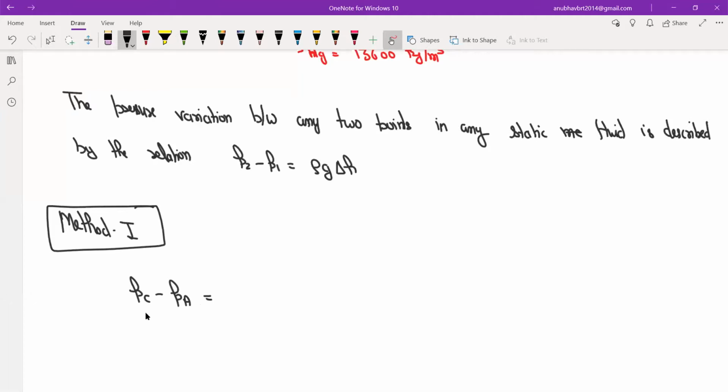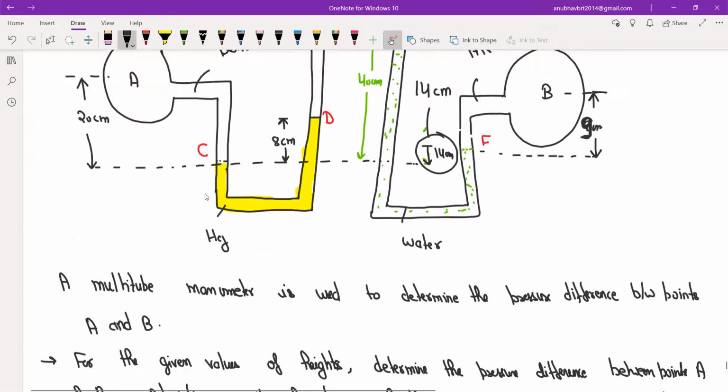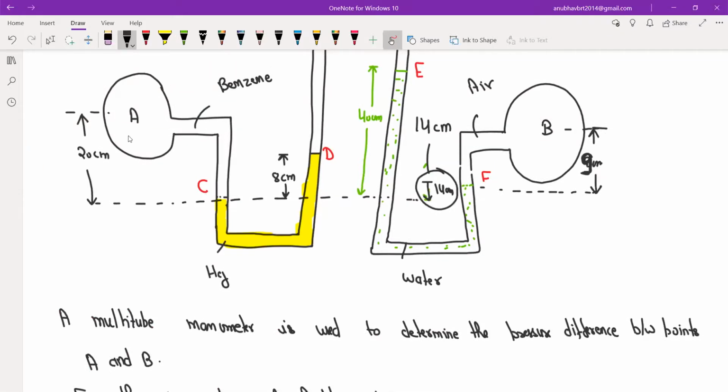is equal to, we know that this C point is relative to A at lower height or higher height. Is this C point below A or above A? It is below A. It means we need to add or subtract. So we need to add. Very nice. So we need to add.